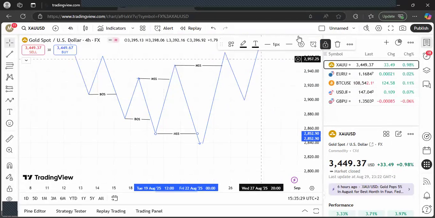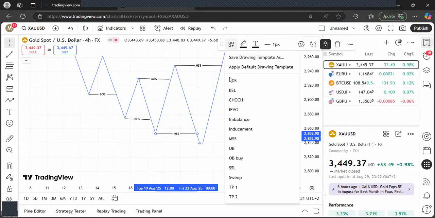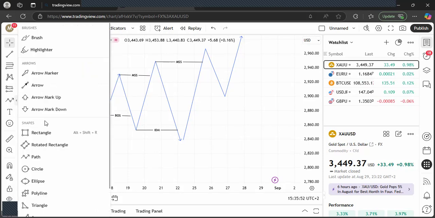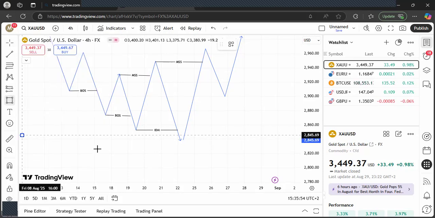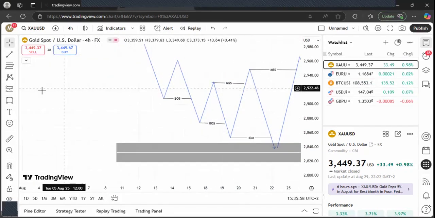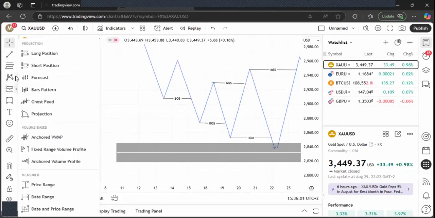So in that case, we have to change only one thing. We have to introduce inducement in this equation. Okay? We introduce our inducement. And many of you might not know what inducement is. It's liquidity near an order block, meaning that somewhere around here, if we have a structure coming from the side,